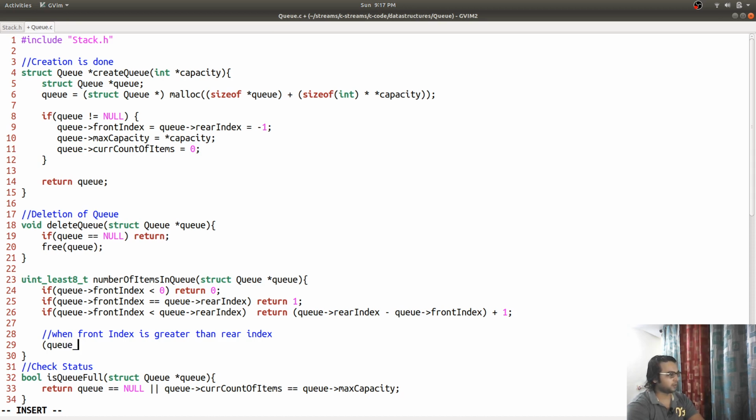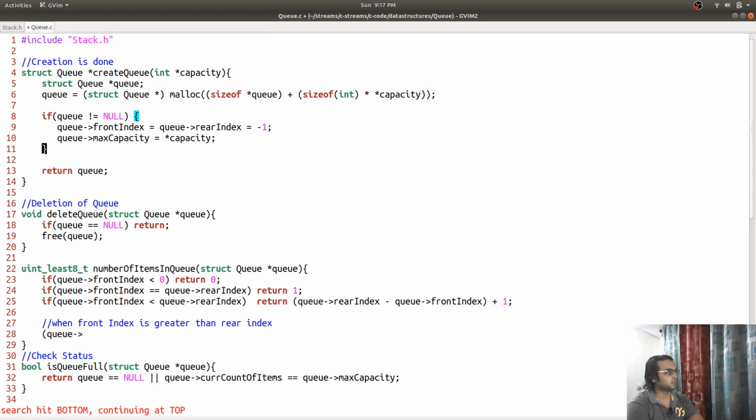Queue max capacity, from this number we are going to subtract the current front index to get the number of values between the current position till the end of the array, and we are going to add queue rear index plus 1,